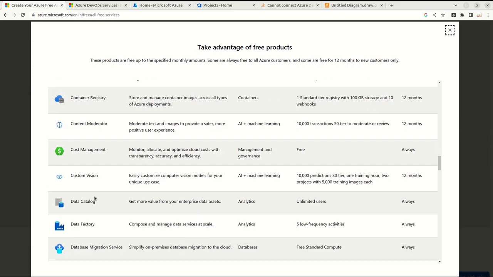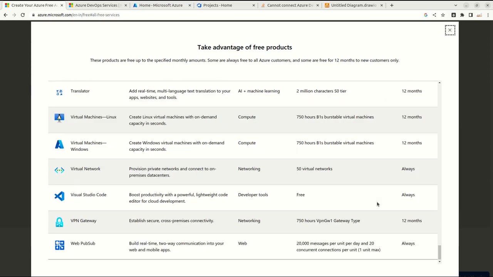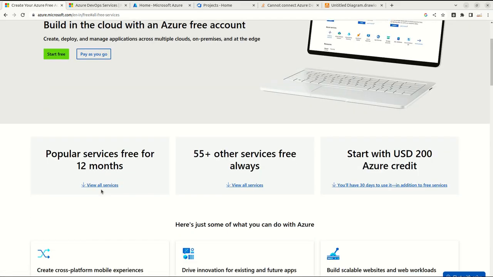All these services, some are always free, and some are for 12 months. And next, they are saying 55 plus services are always free, and on top of that we are getting 200 USD credit